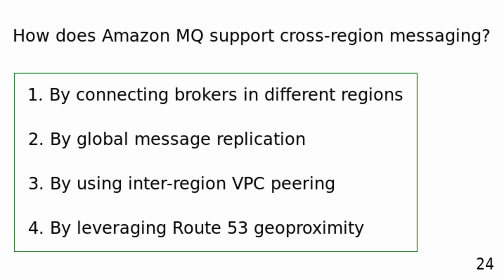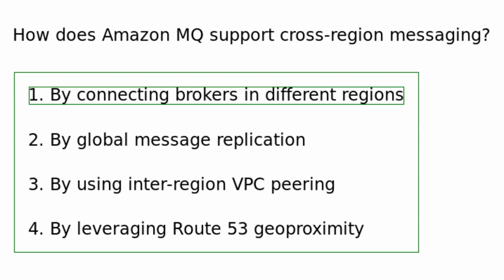How does Amazon MQ support cross-region messaging? By connecting brokers in different regions. By global message replication. By using inter-region VPC peering. By leveraging Route 53 geoproximity. You can set up cross-region messaging in Amazon MQ by securely connecting brokers in different AWS regions, enabling geographically distributed